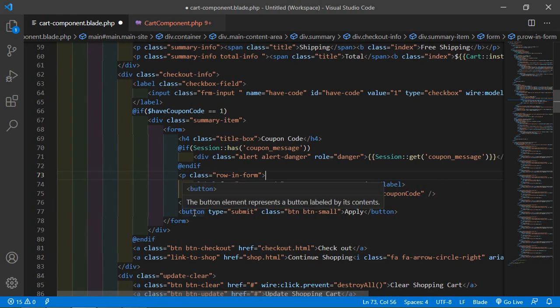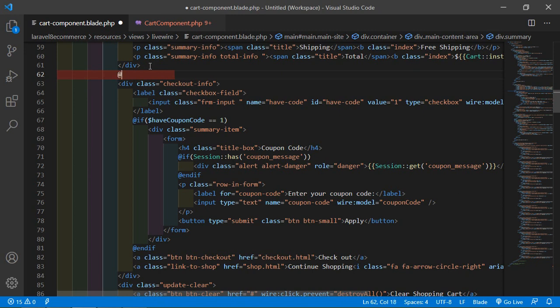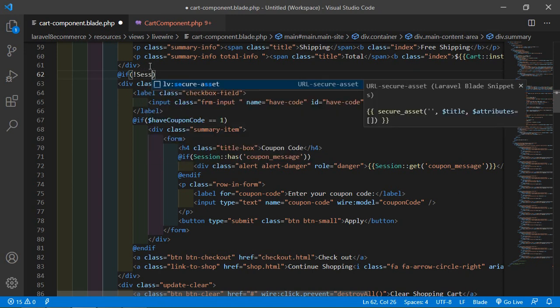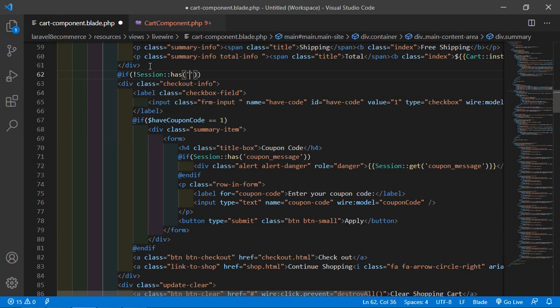Okay, and now before this box, let's add here one more if directive, and here let's check if session has this key coupon key.